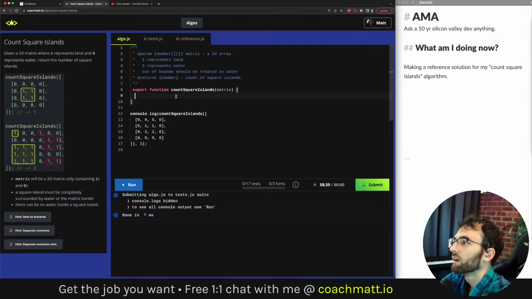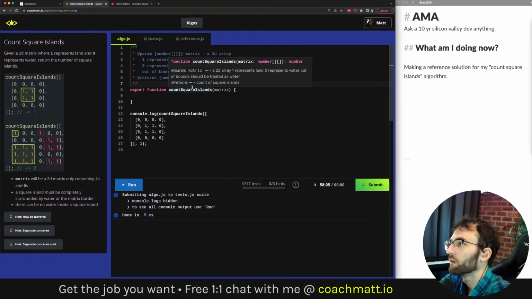But essentially, this is a recursive problem where you do a depth first search, making sure you don't revisit any cells. And each piece of land that you find, you do your depth first search and go as far as you can. And when you're done, you add one to a counter to mark that as an island that you found.